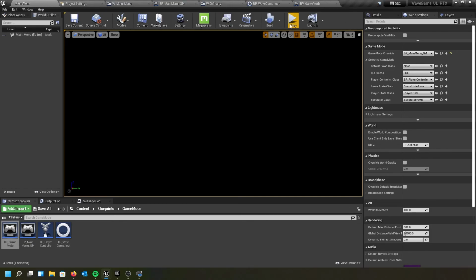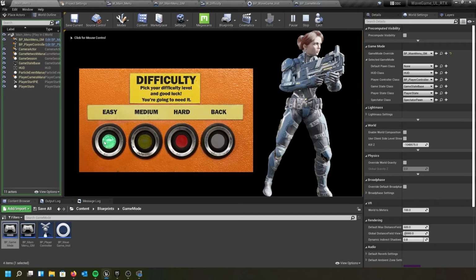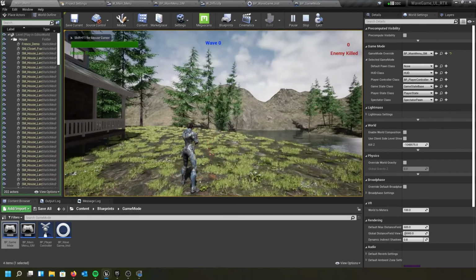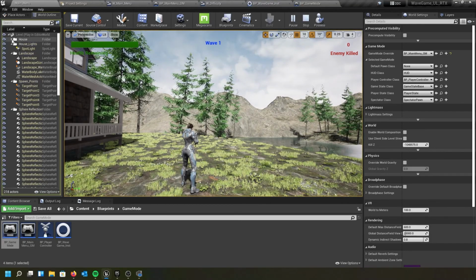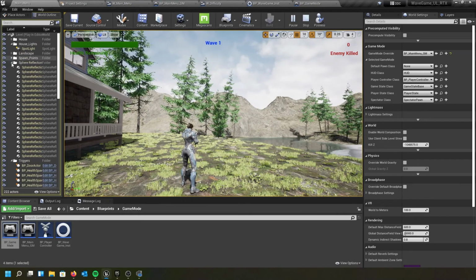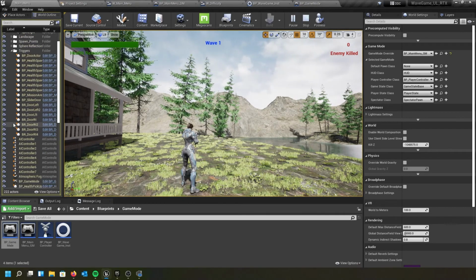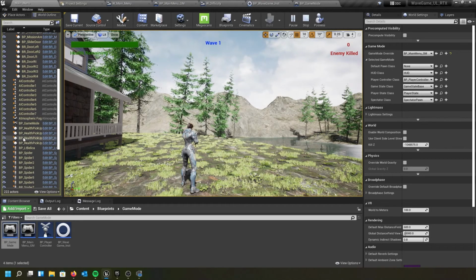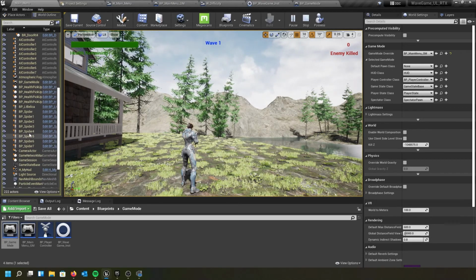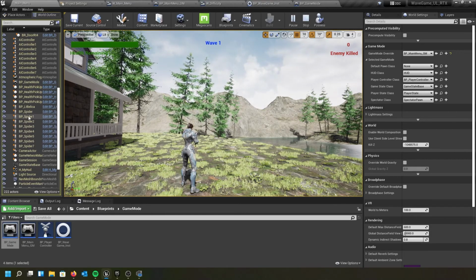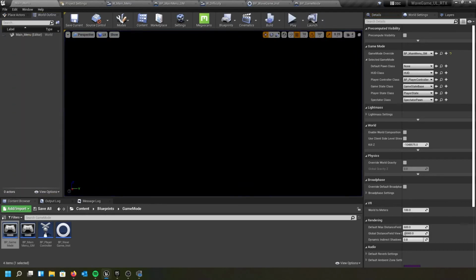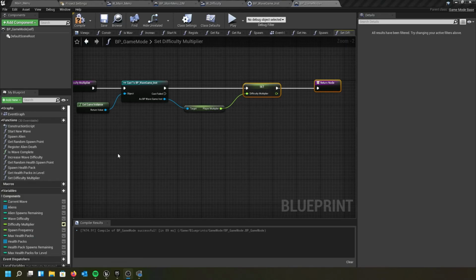So I'm going to go to main menu. I'm going to hit play, start, easy. And if I hit F8 to exit my character, and then I have so much stuff in here. But I should see that I have... Well, I should have had 10 spiders come in, and it is not working, so there is something additional I am missing. So let's go ahead and pause for a second and stop that. Okay, so now we know that it's not